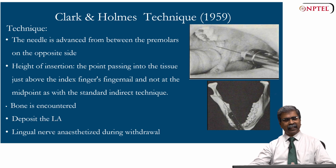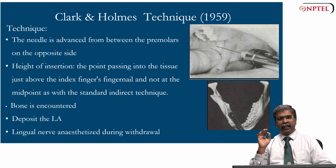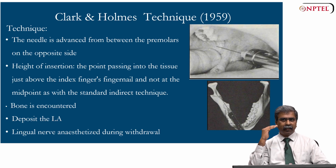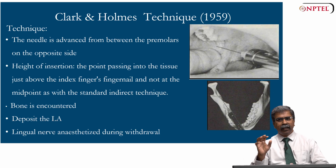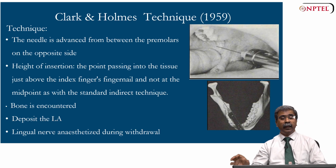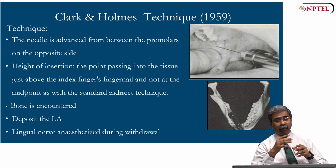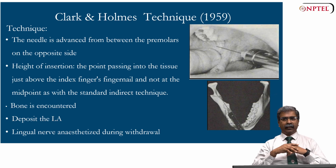As usual, as I have already mentioned, you need to come in contact with bone, and then the local anesthetic is deposited at this higher level, ensuring better coverage of the inferior alveolar nerve. There again, slow injection, 1.2 to 1.5 ml, and upon withdrawing the needle, the anesthetic may also anesthetize the lingual nerve, providing additional numbness to the tongue and the adjacent soft tissue. And this modified Clark and Holmes technique approach aims to improve the effectiveness of the nerve block while addressing variations in the mandibular anatomy and the nerve